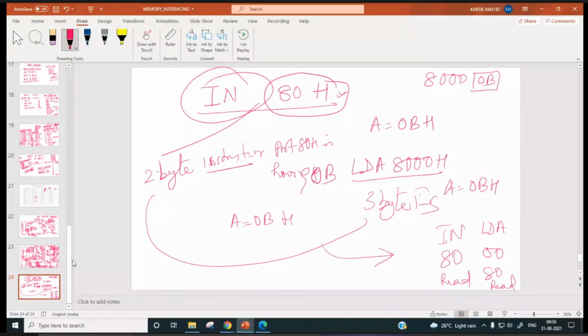Similarly, for OUT 40H or say 82H or 81H, the corresponding memory instruction is STA.